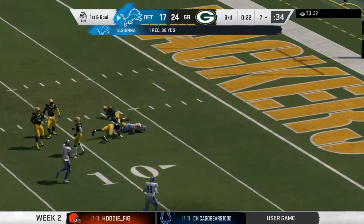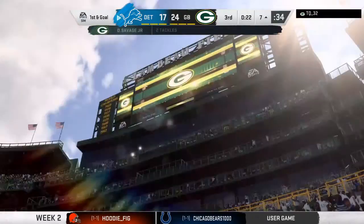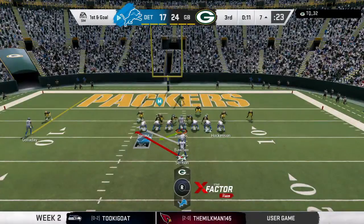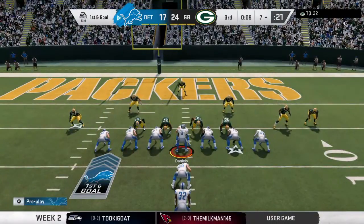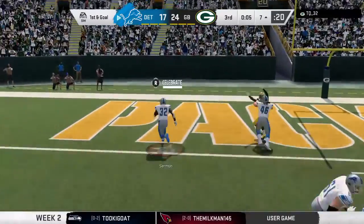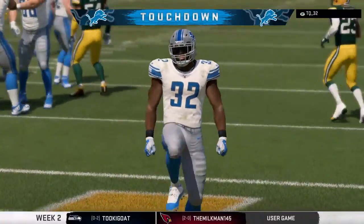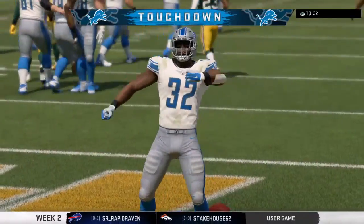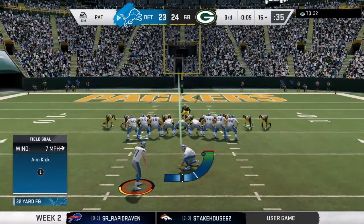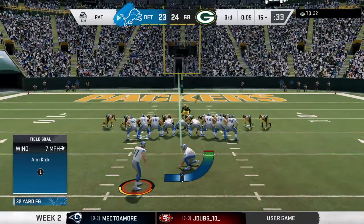I know we love our jobs, and pretty much any play we see, we're pretty excited about. But big plays, let's face it, that's what we absolutely live for. How about that one? That was great, and what our camera missed was the fist pump from the sideline. And he'll get into the end zone. Touchdown, Detroit. Taking it in from 7 yards away, as they are an extra point away now from tying this